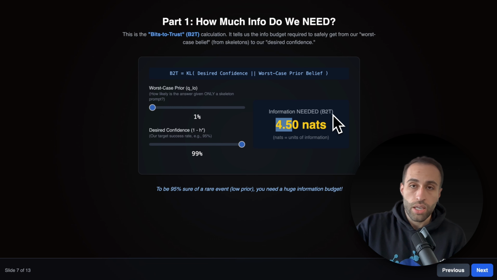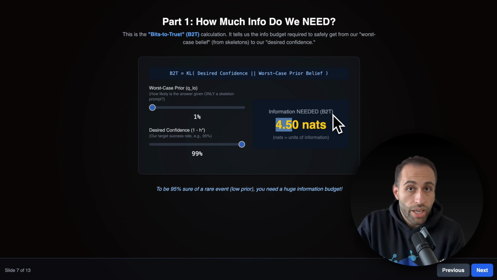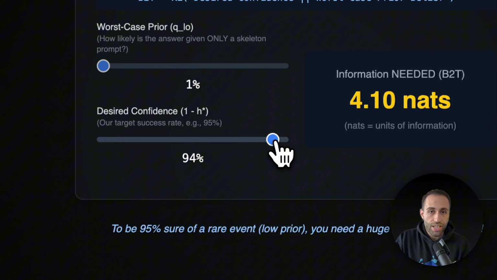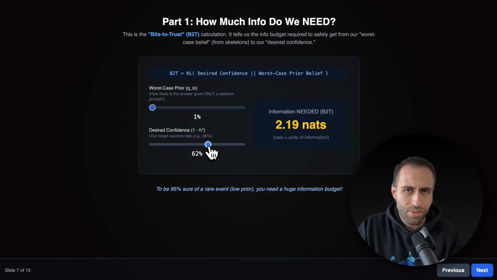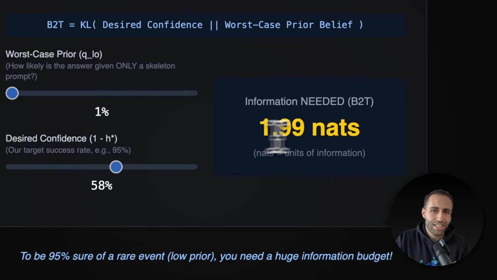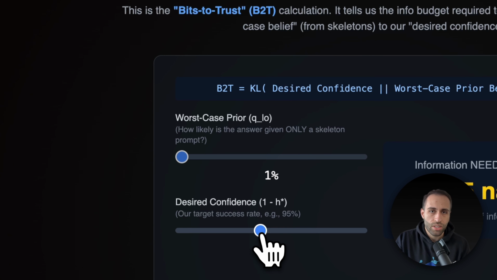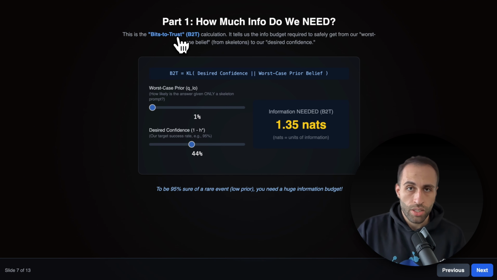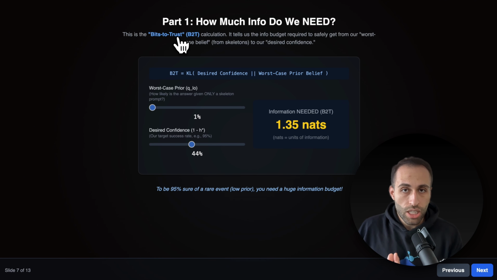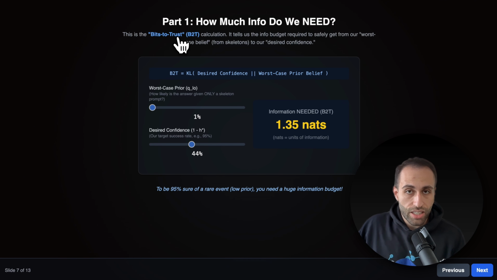which is a number above 0 that shows, hey, you need more information, more context. I cannot do anything with just what I have as of now. But if I decrease the desired confidence, I'm okay with any answer with 60% confidence, for example, you can see that the information I need is reduced. So B to D, bits to trust, is another input that I need for the final formula. So keep them right now. When we have the final end-to-end example, you will see how these are actually used in a real use case